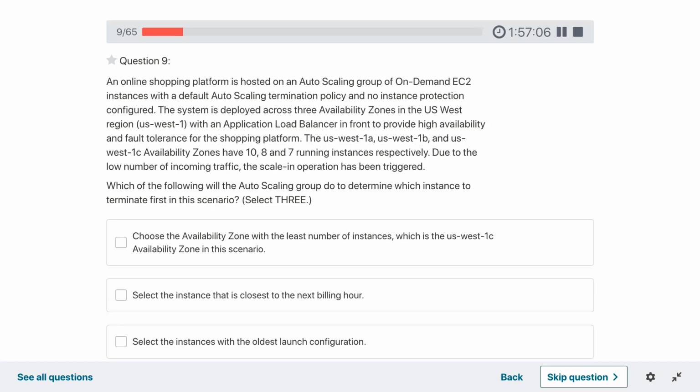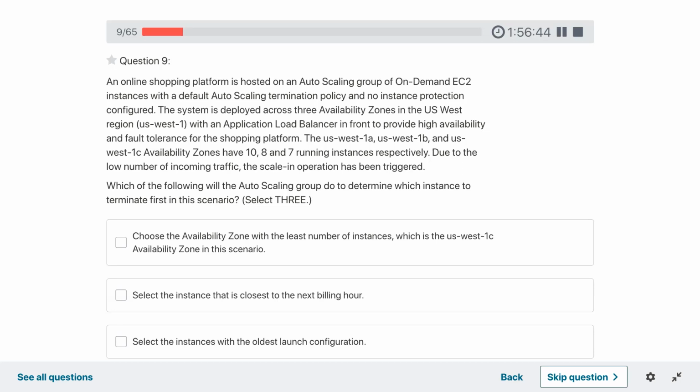The US 1A, 1B, 1C availability zones have 10, 8, and 7 running instances respectively. Due to the low number of incoming traffic, the scale in operation has been triggered. Which of the following will the auto scaling group do to determine which instance to terminate first?